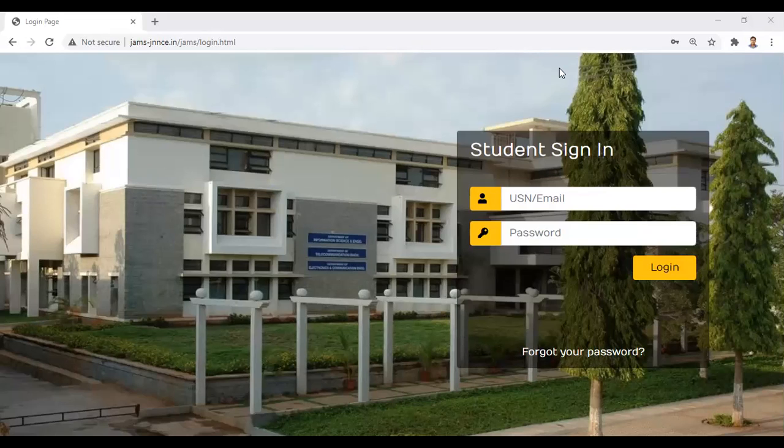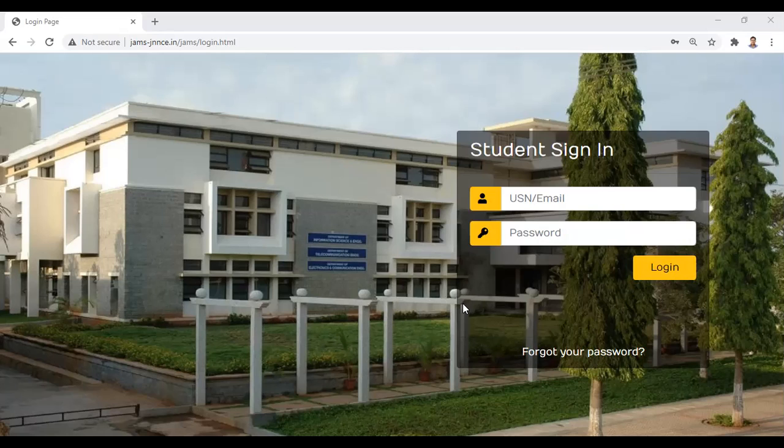So good morning, everyone. In our last class, we were discussing HTML forms. A simple HTML form is a login form, as you can see on the screen. Any web page containing text boxes, password boxes, buttons, checkboxes, and radio buttons, all those things, is an HTML form.